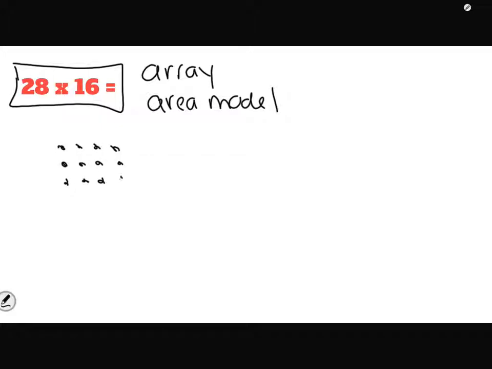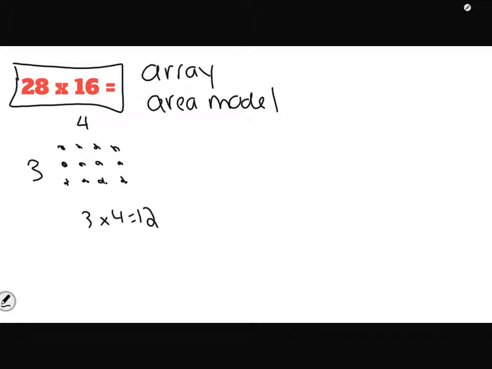I'm going to do this. 3 going down, 4 going across. I'm hoping that we realize that in order to solve how many little dots are there, we can multiply rather than adding each of them. Because if I have 3 down and 4 across, I'm repeating addition, but I can instead just do